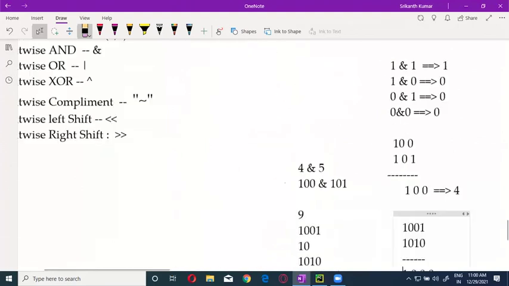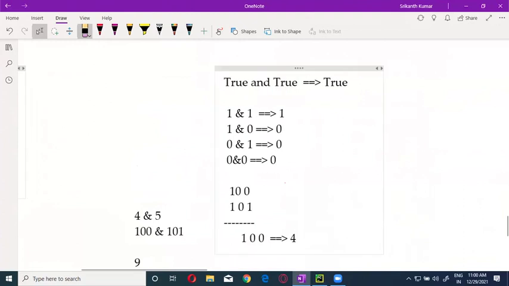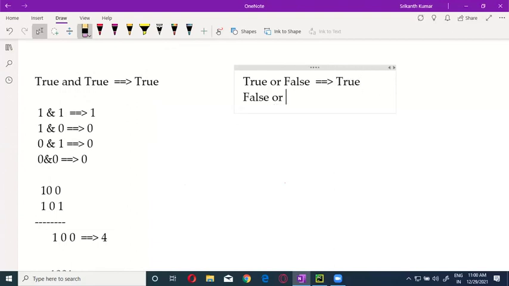Now there is something called the OR operator. The OR operator is the reverse of this one. If it's true or false, then we are going to get true. False or true is equal to true. When false or false, this is the only scenario where we are going to get false. Okay. Now if I want to do it over here, 1 or,